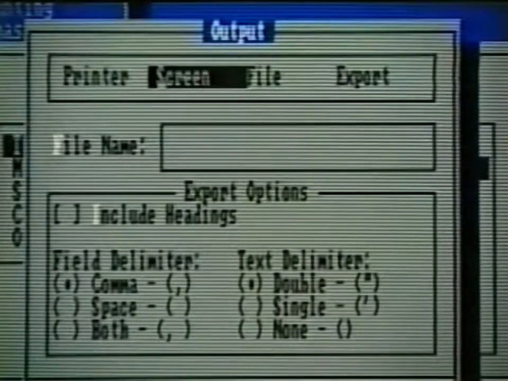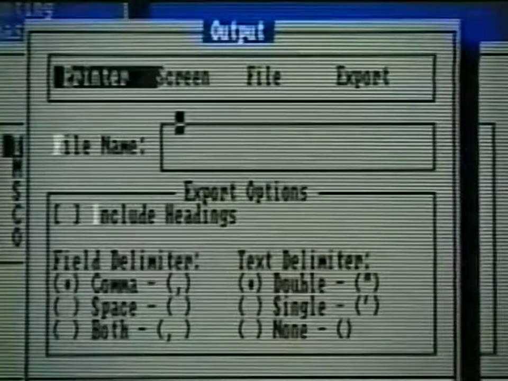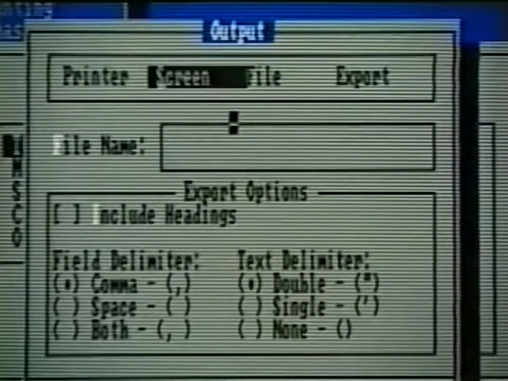For every report that you print, the screen will appear right before the report is printed. This screen offers you a great deal of flexibility. You can print the report to the printer in the standard manner. This gives you a hard copy of the report using the format built into Pacioli 2000. You can print the report to the screen. This allows you to view the information in the report without waiting for the printer. This is especially helpful if you need information from a report but the printer is tied up, or if you are simply doing an inquiry.